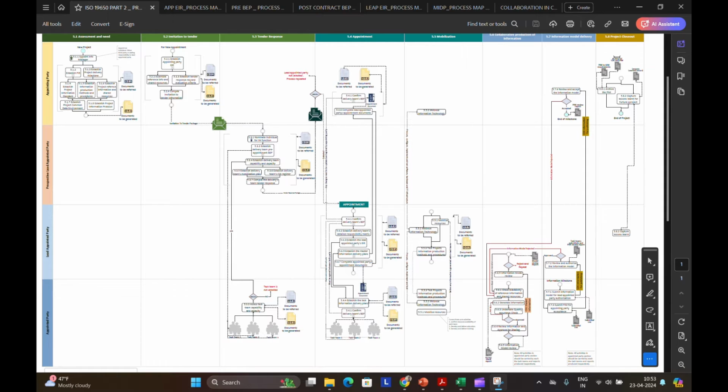Now the two main outputs of this information management process are PIM and AIM. PIM stands for Project Information Model. Think of PIM as the project's information blueprint. It has all the details needed to build the asset. Think 3D models, databases, even the instruction manuals on how to assemble things.